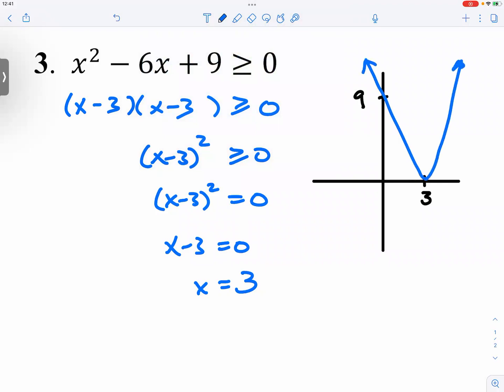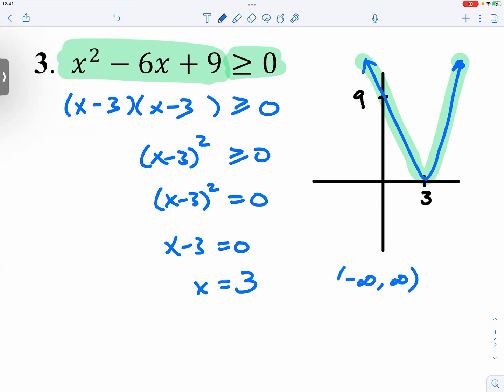And then we say, hey, the inequality says, can you find the x values so that you can make the quadratic equation of the parabola bigger than or equal to 0? And we look at the graph, we're like, yeah, this entire graph is above 0 or at 0. So our solution will be all real numbers. So from negative infinity to